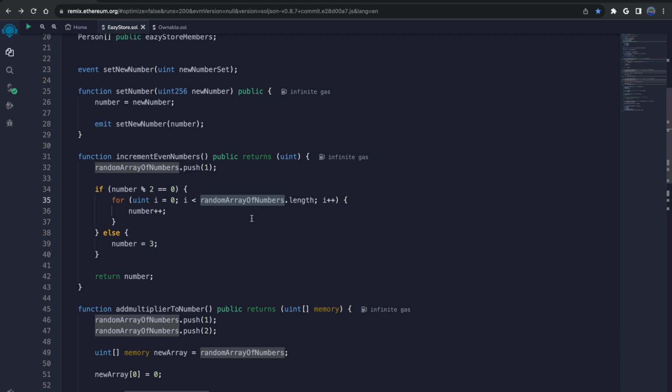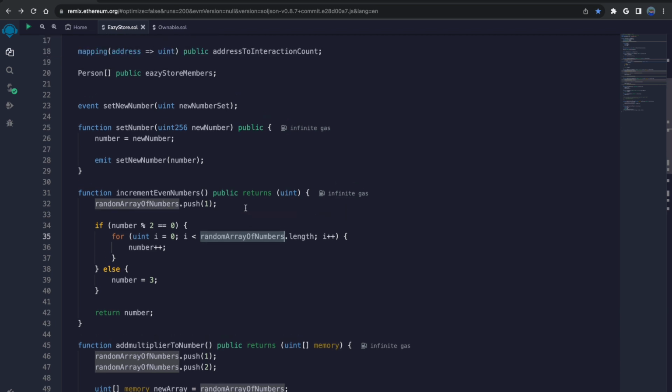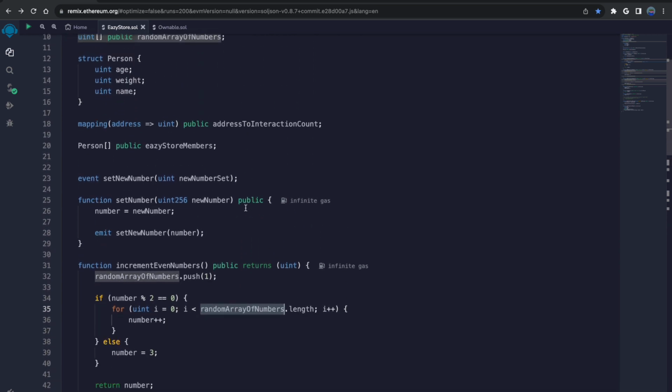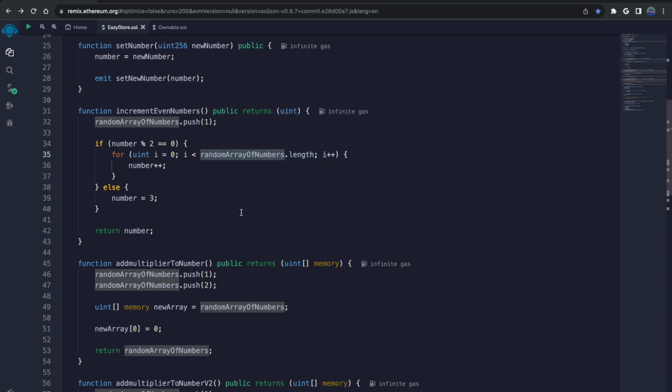So in this contract, if this random array of numbers had, let's say, 100 elements within that array, the gas cost of iterating over those 100 elements would be significantly different if this array was about 1,000 units long.